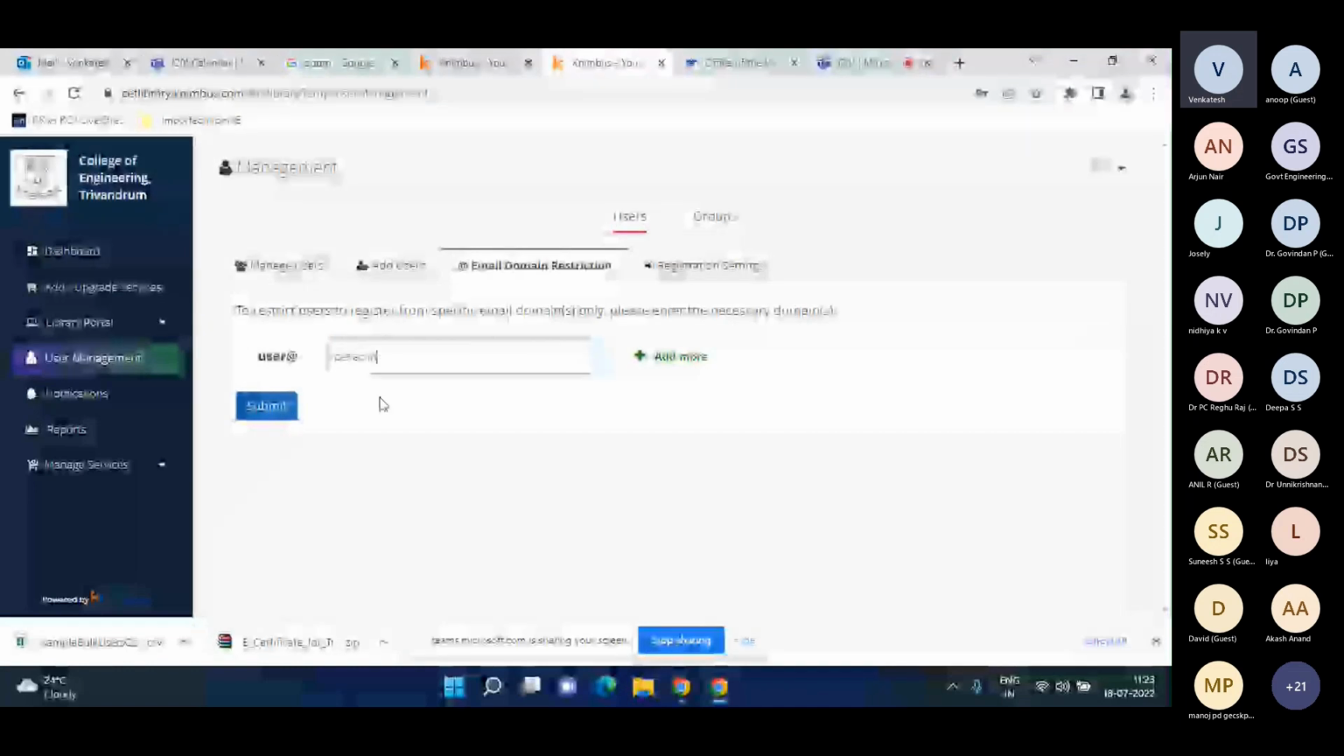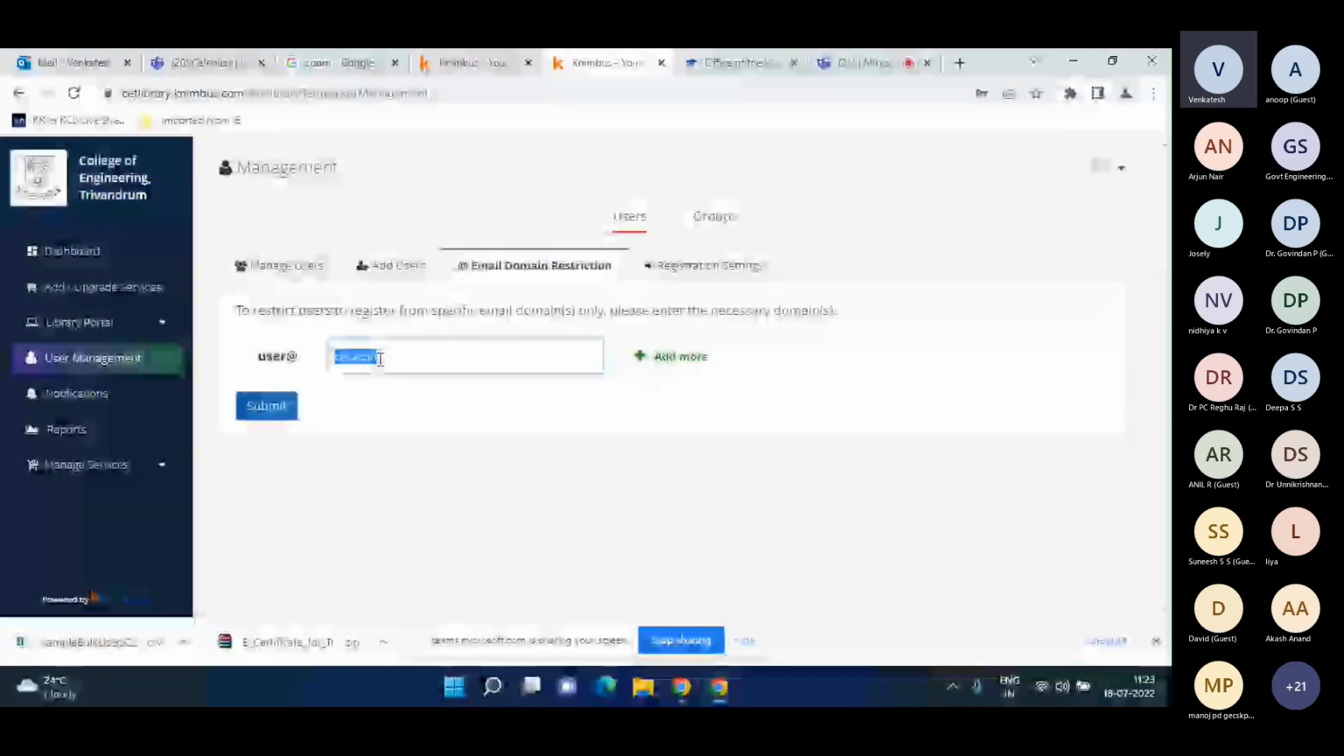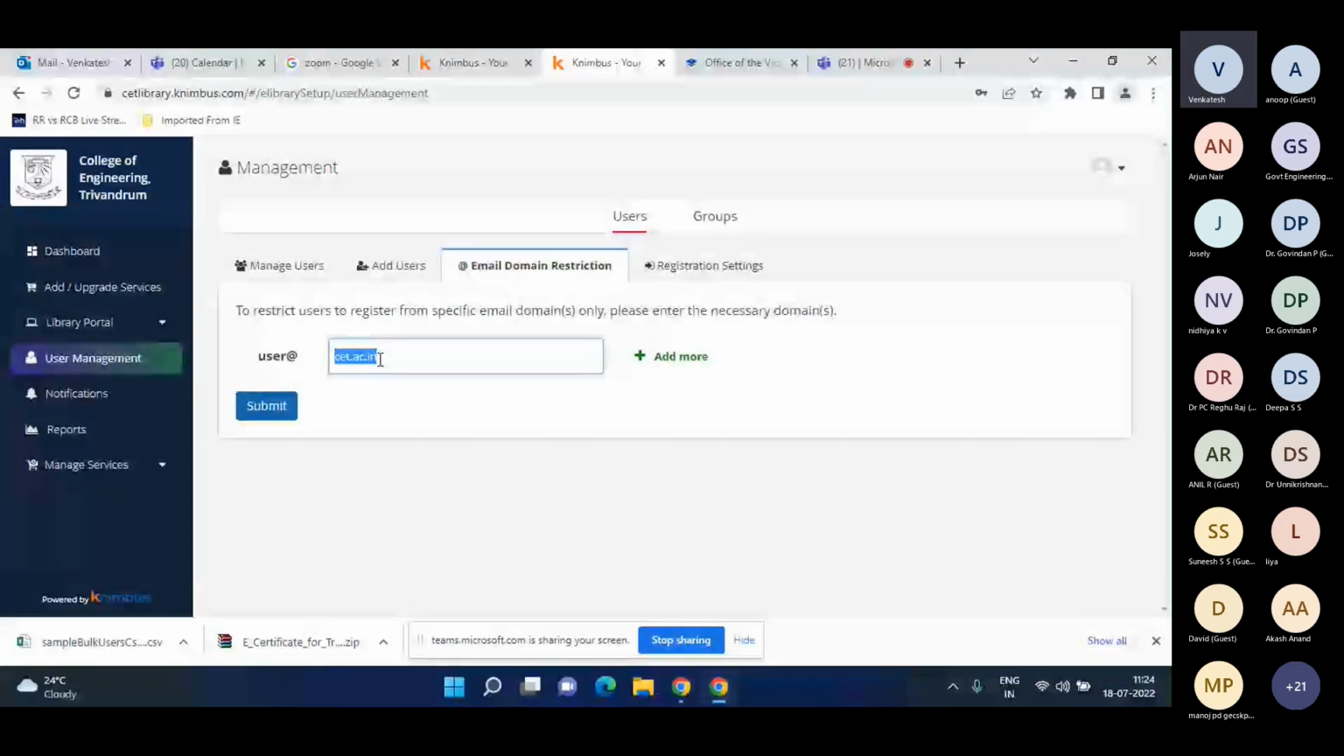You can add multiple domains also. If you have two or three domains, you can add more and add multiple. The meaning here is that anyone registering apart from this domain will not be accepted. Automatically the system will throw an error. It says this ID is not registered, or this domain has been restricted. So if you have anything like that, you